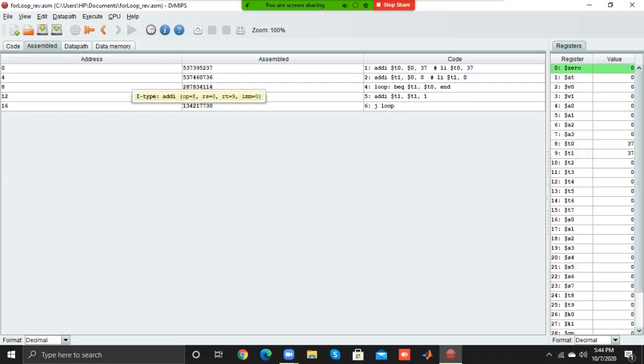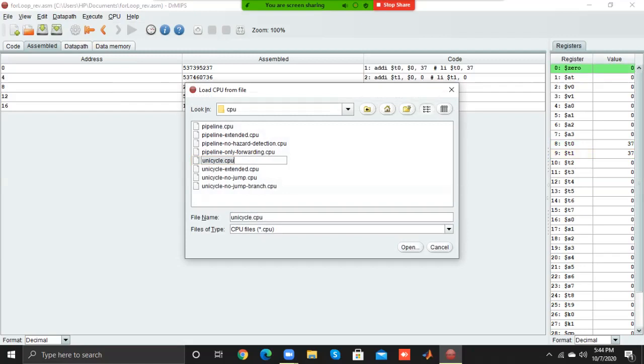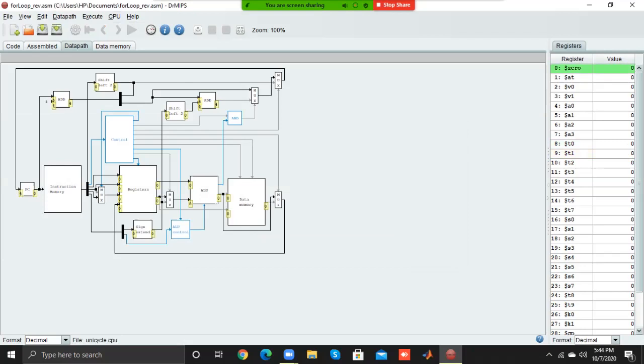Now we can see that this code executes 37 times. The unicycle CPU data path is the simplest, and it was created so that students can start learning with a simpler data path.